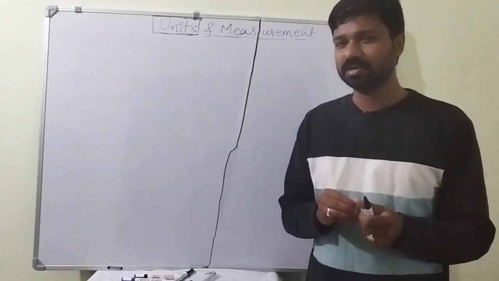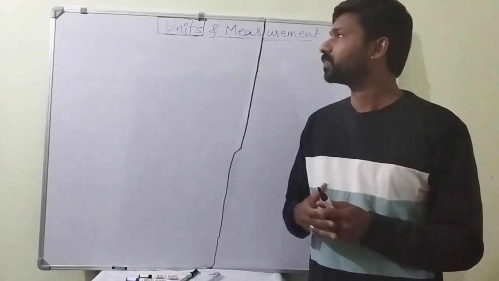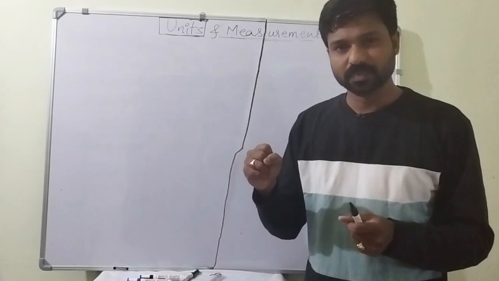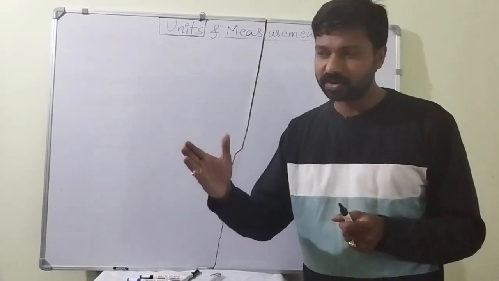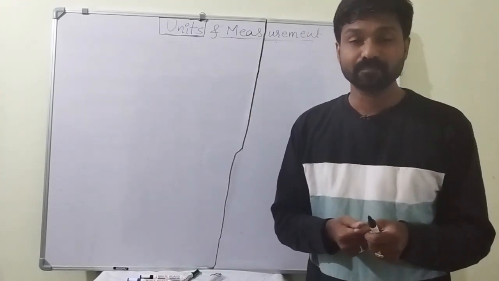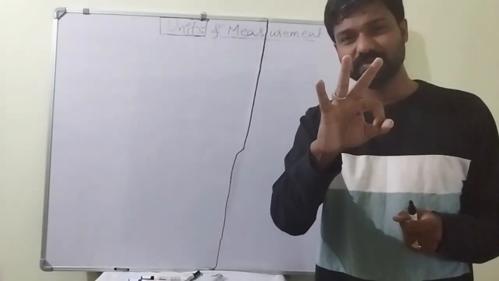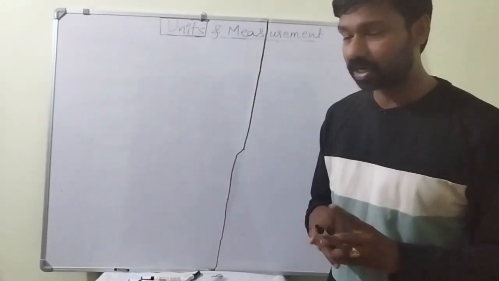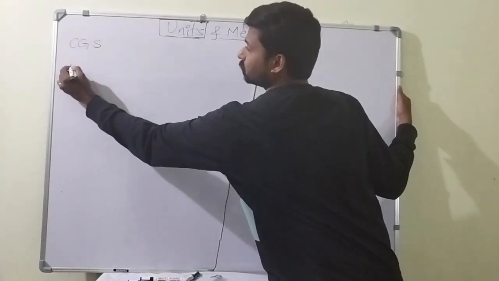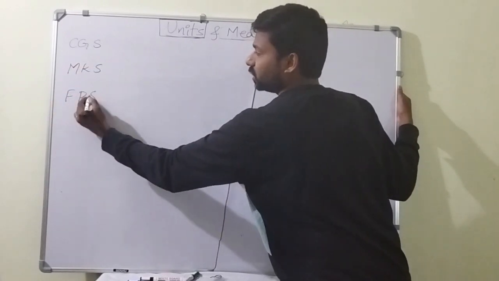In the same way, this is just an example, units of length, mass or time are taken in different ways in different parts of the world. Based on that, we have three different systems of units to represent the units of fundamental quantities. First is the CGS system, second is the MKS system, and third is the FPS system,